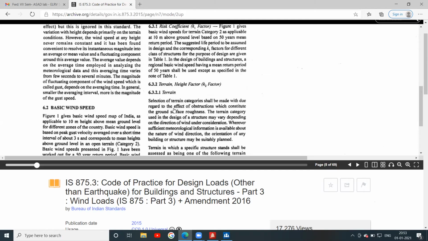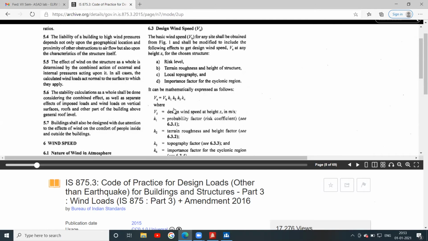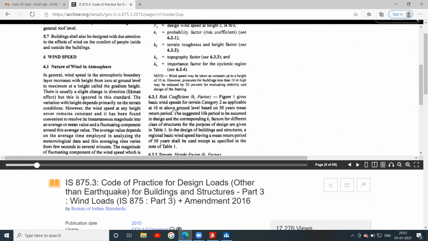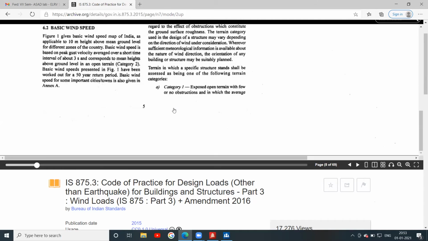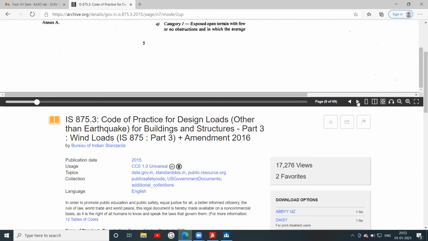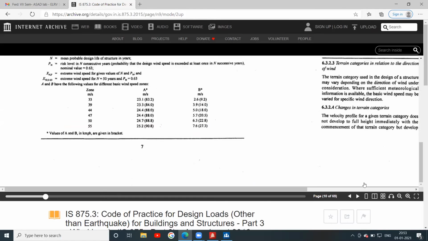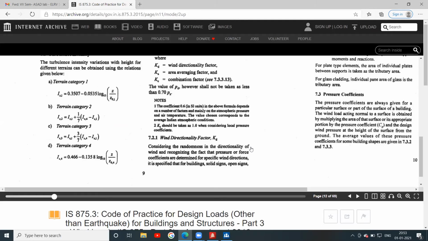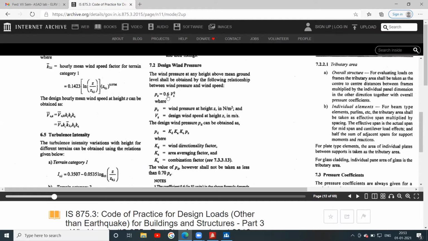That value you substitute in Pz is equal to 0.6 Vz square, and you will get it in Newton per meter square.